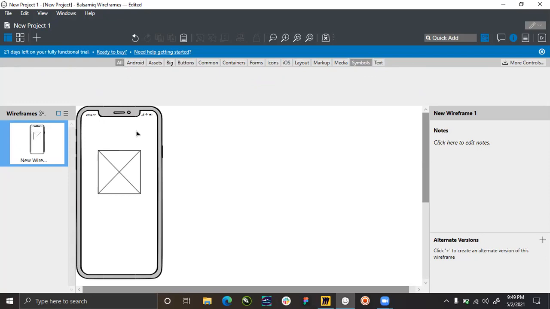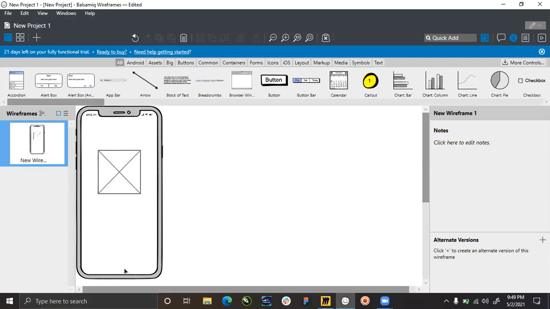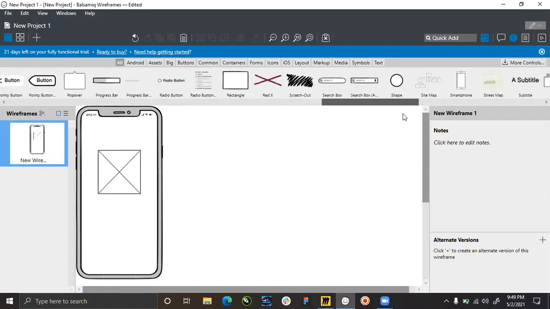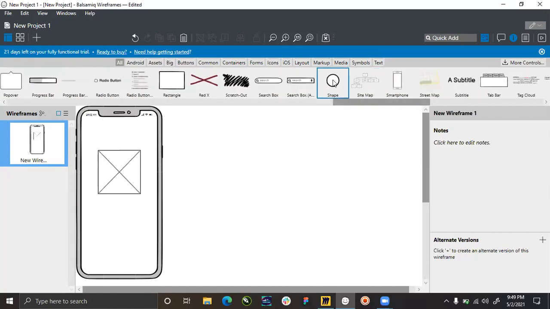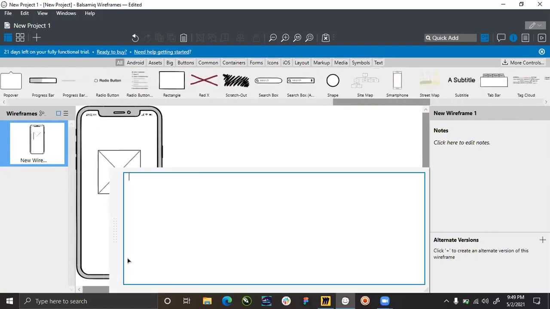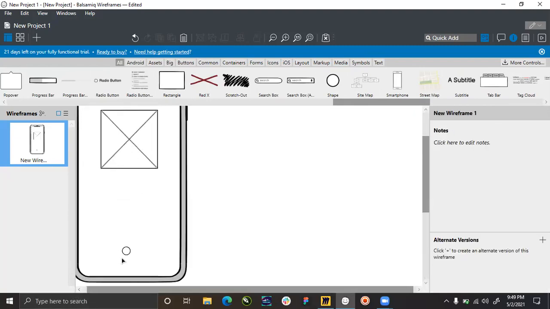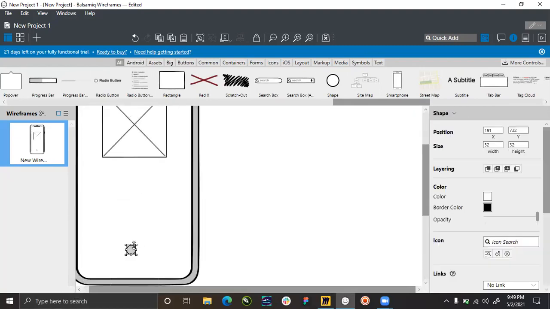But then for my onboarding screen, I'm going to go to shape. Yeah, it's circular in nature, so I click and drag here. I'm not going to do that, so I'm going to reduce it. It's 32 by 32, so I could decide to leave it that way, or I could make it 24 by 24, and then